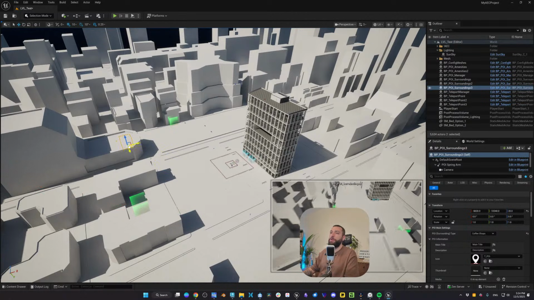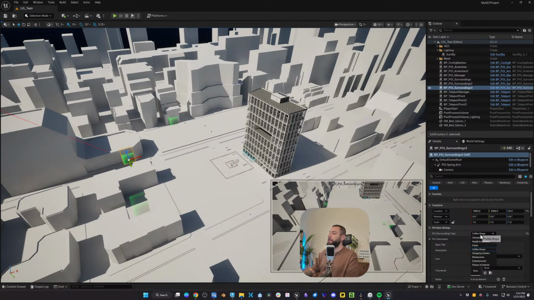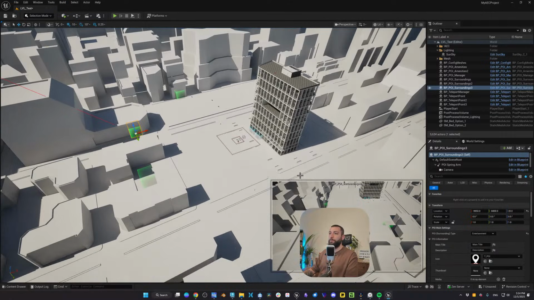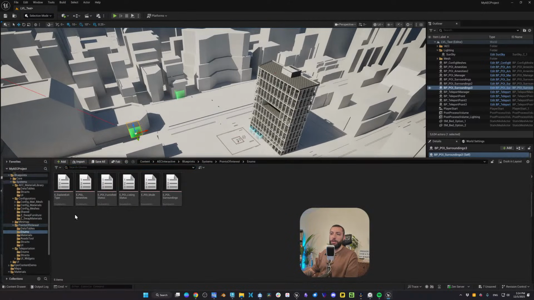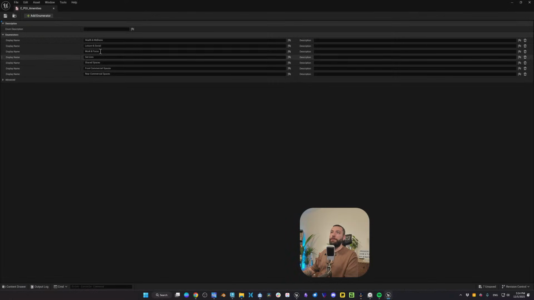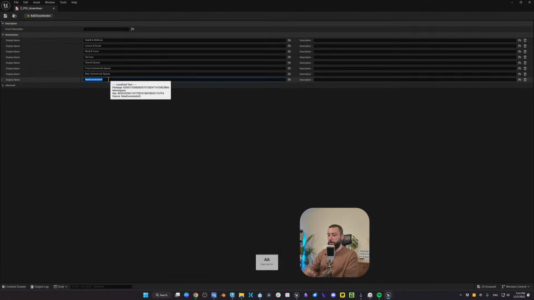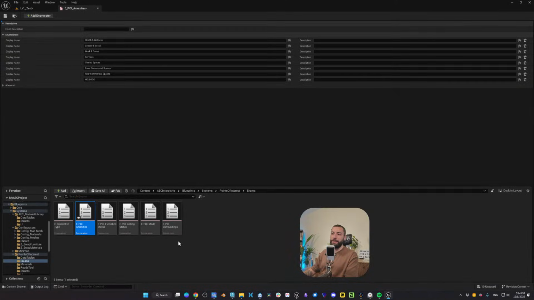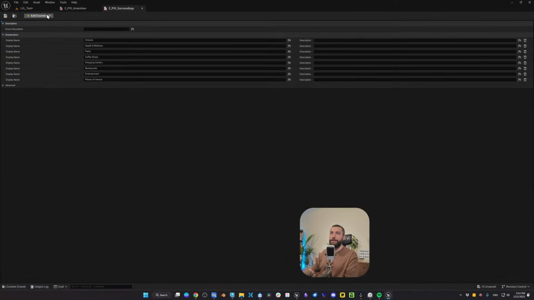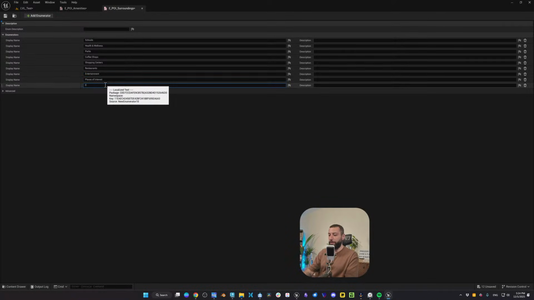Let's say we want 3 categories. So click and drag and let's say entertainment. Actually, let's create another. So let's go to enums. Here you have one for surroundings and one for the amenities. So open the amenities. You can click and let's say hello, for example, because hello is the easiest word I can think of. And the next word I can think of is coffee. Okay? Coffee.